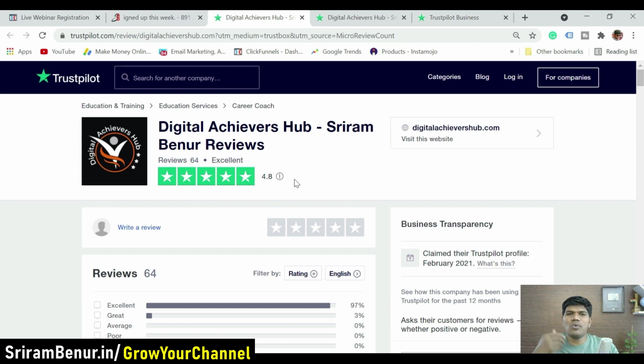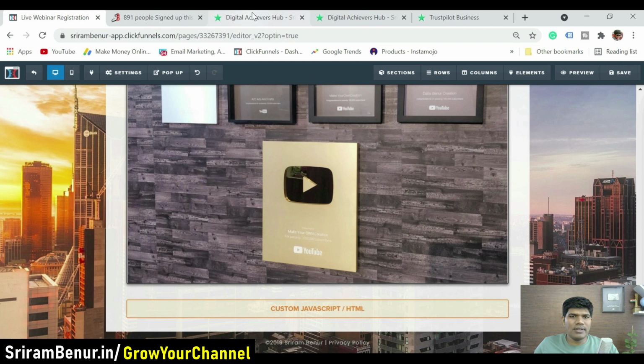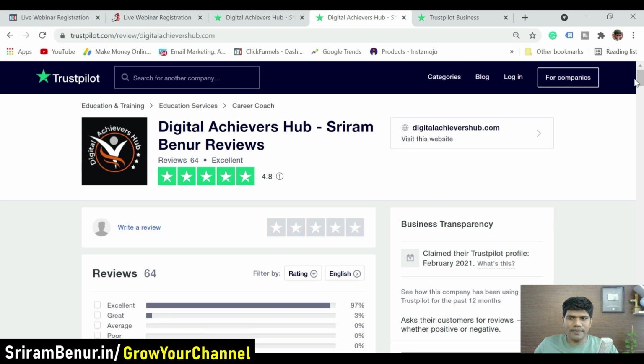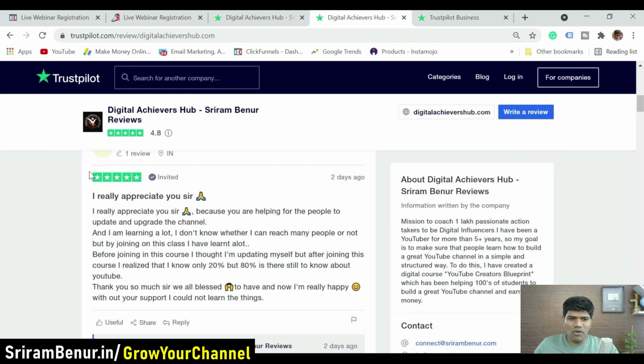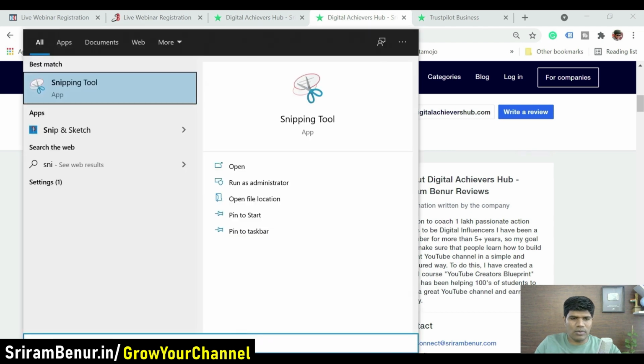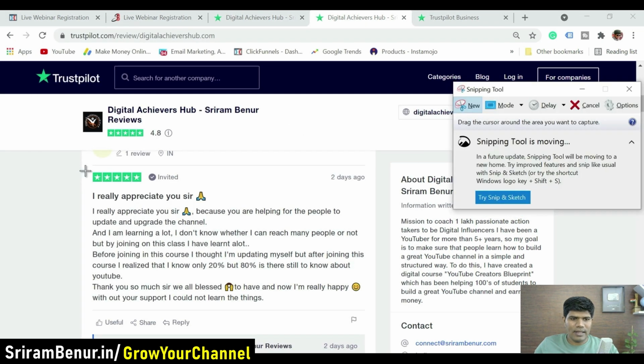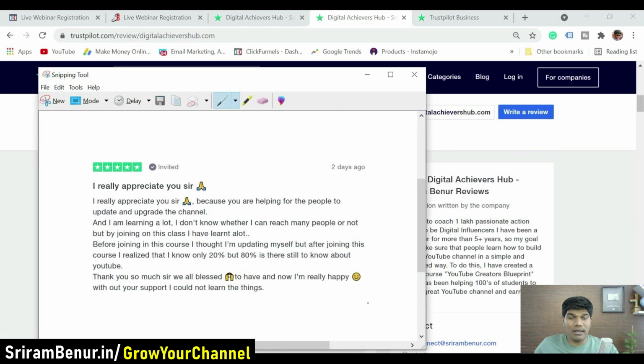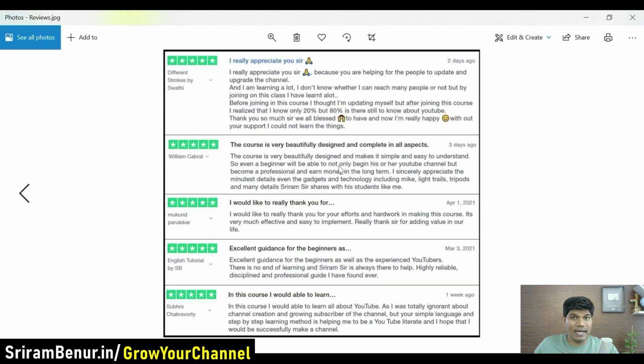Now, say for example, you also want to show some of the reviews, right? So in that case, since we are in the free account, right, they don't have the widget to do that. So in that case, what I would simply do is, I'll go to the reviews, take screenshot of the images, say for example, okay, I'll go to snipping tool, I'll take this review, okay. In the similar way, I'll take 5 images, and I'm going to club all of them, and make it as one image, one single image like that, okay. And you can add this image so that it also looks that, okay, there are multiple reviews that you have got with great rating as well, right? So how to do that?